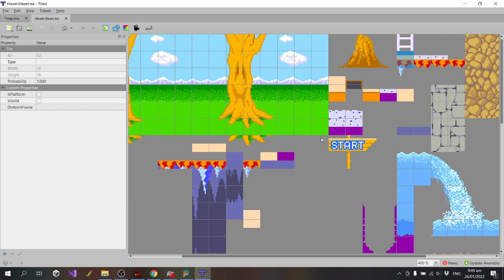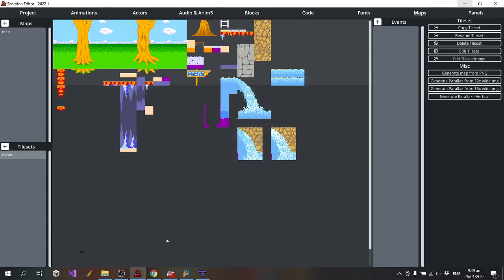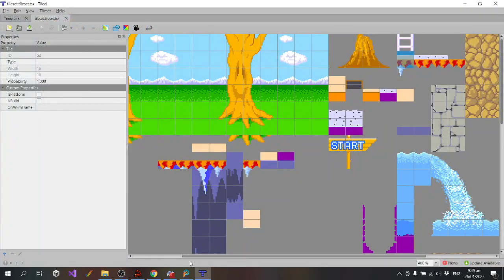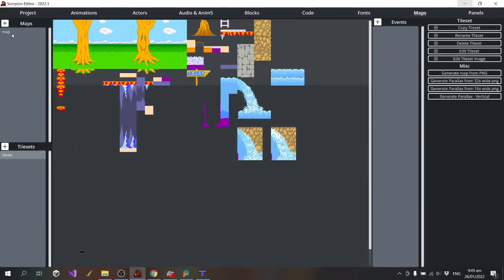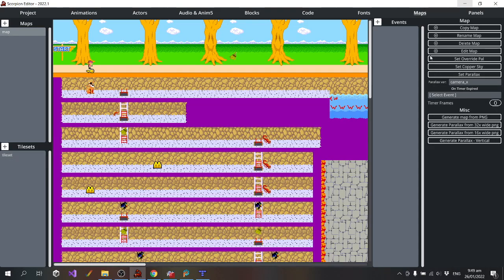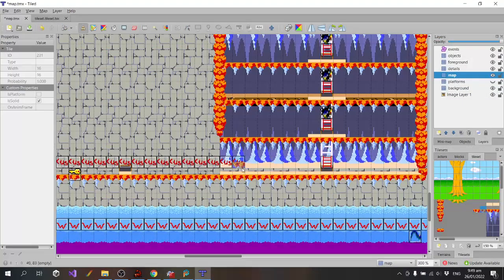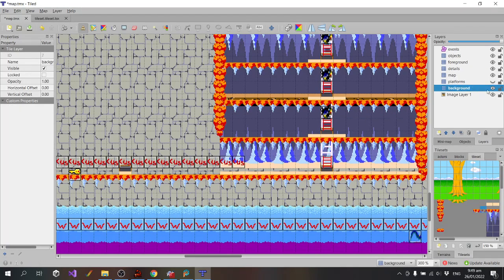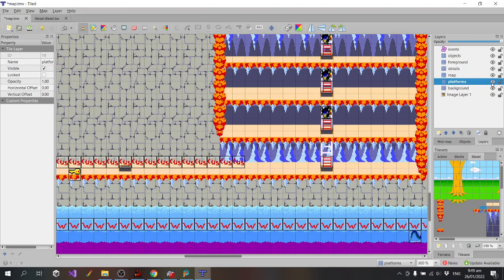Oh, it's probably because some of these overlap ladder tiles. So that will be why that tile isn't set as solid. I just need to work out what is the tile there, 363.